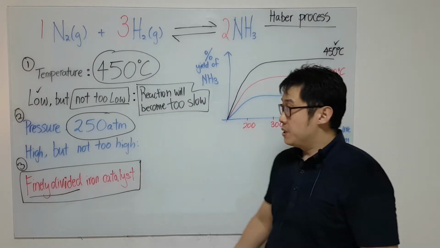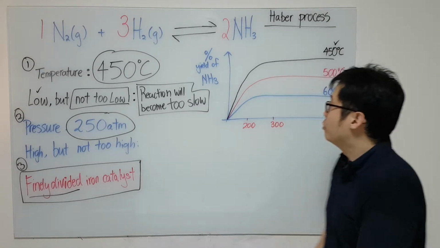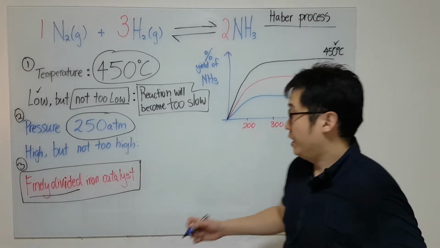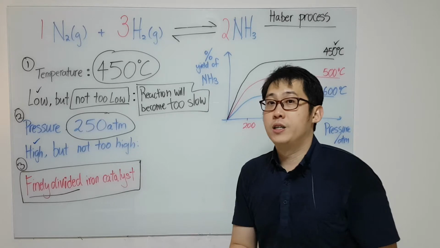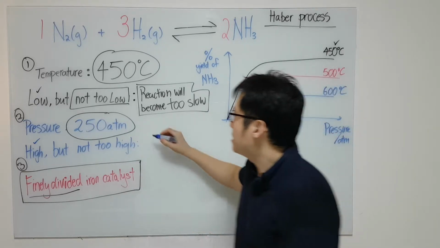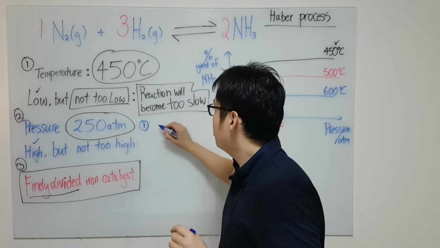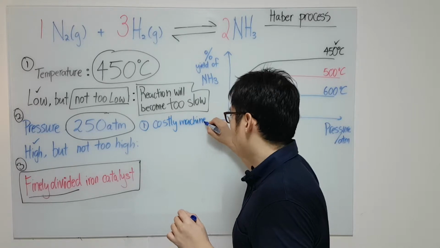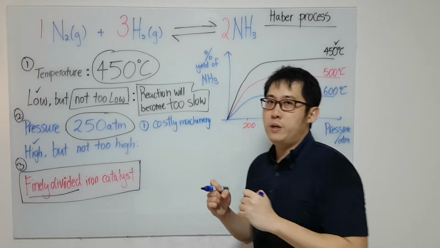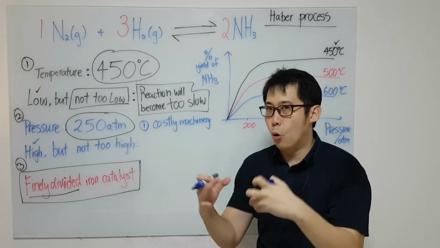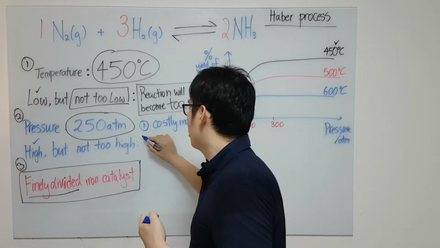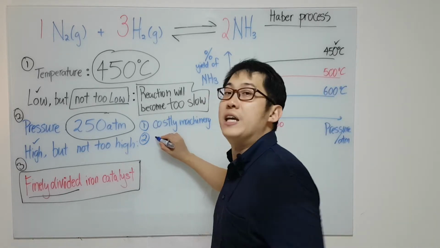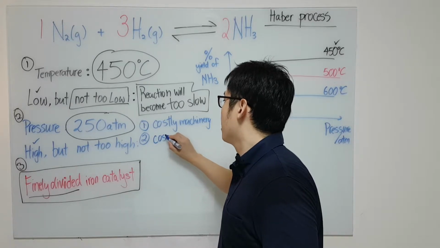Now, when it comes to pressure, things become interesting, because yes, it's true: if I can increase the pressure as much as I can, I would actually get a high yield. However, you must realize that high pressure also means, number one, you're going to use very costly machinery, because you need to make really expensive, strong machinery that can withstand the pressure without causing an explosion. Number two, to generate high pressure is expensive too,